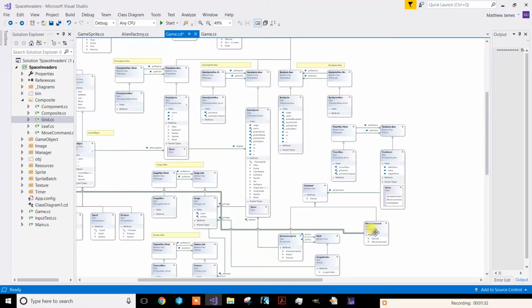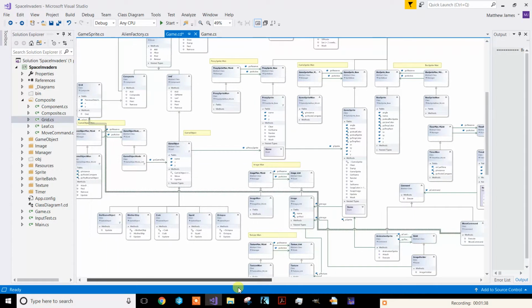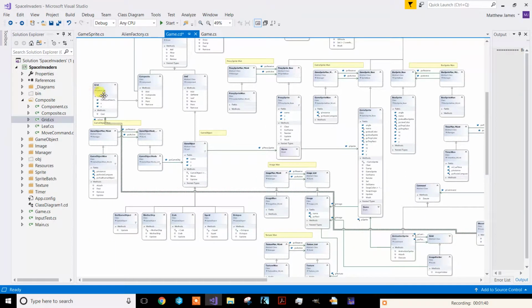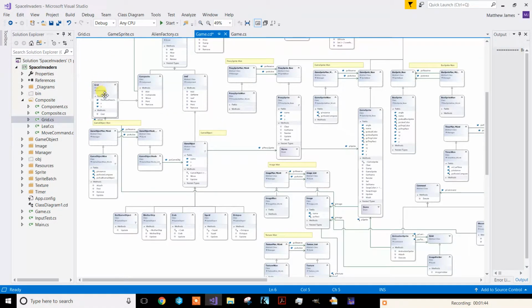So this move command was added so that I could command a grid to move, and this also added a grid class which inherited from composite. It's basically just a composite with the XY values, so I can keep track of the overall position of the composite, which I now call grid,